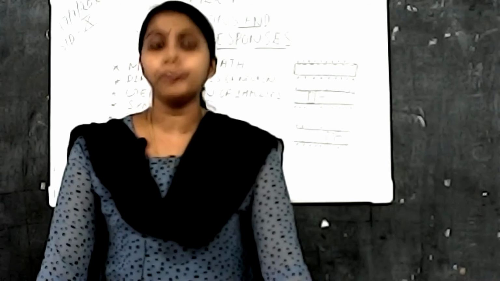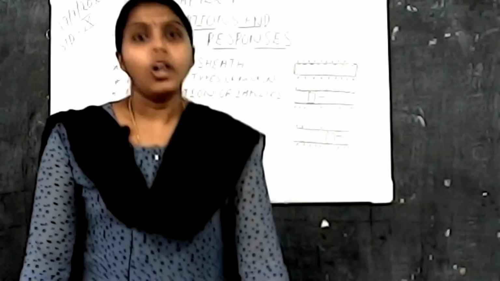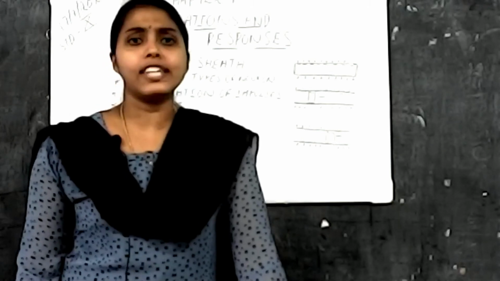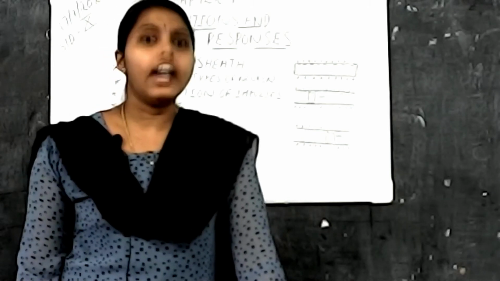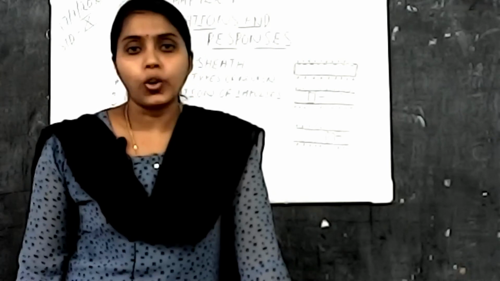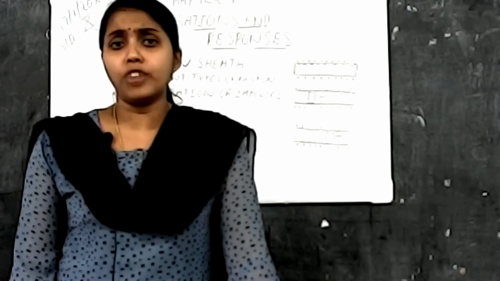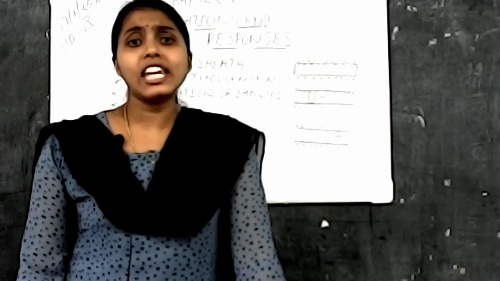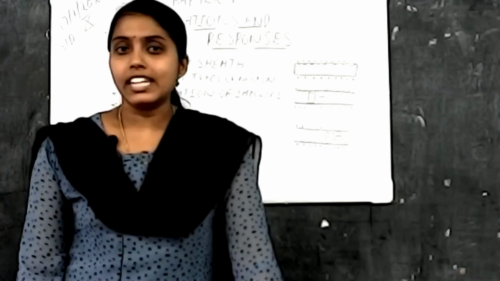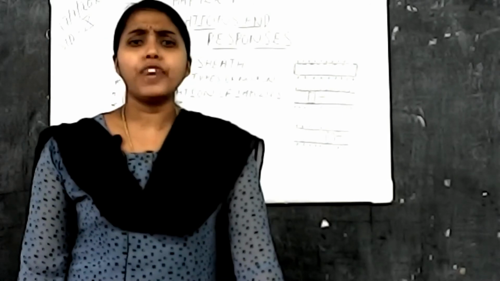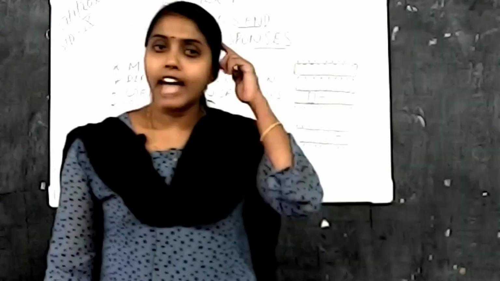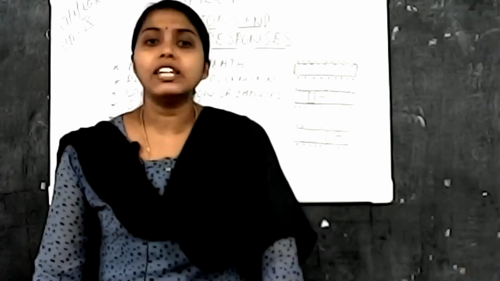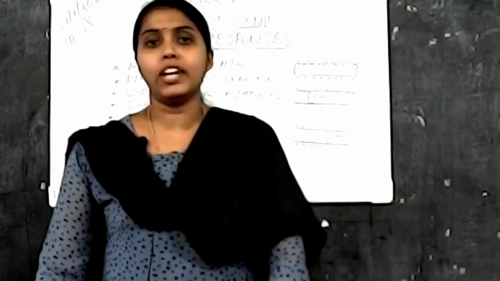Is it clear for you? That is sensory neuron, motor neuron, and these are the two main kinds. And the relaying neuron means interneuron. Interneuron connects the sensory neuron and the motor neuron. And you have seen in the video about the function of the sensory neuron. What is the function of the sensory neuron? The sensory neuron carries impulses, impulses means messages, from different parts of our body to the brain and the spinal cord. Is it clear for you? So sensory neuron carries impulses from different parts of our body to brain and spinal cord.